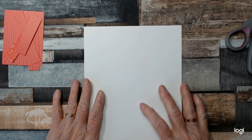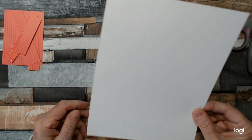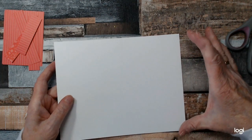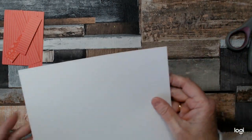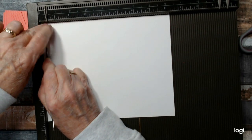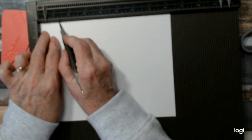If you want to carry along with me here, the measurements for your base, I'm using just the plain white card. You're going to need a piece that is 8 1/4 inch wide by 6 1/2 inch deep. And we're going to do some scores. So you want to score it at 1/4 inch at the side here. Oops, should really do it at the other side. Oh, so much handier. But 1/4 inch, and then we're going to 1 1/4,